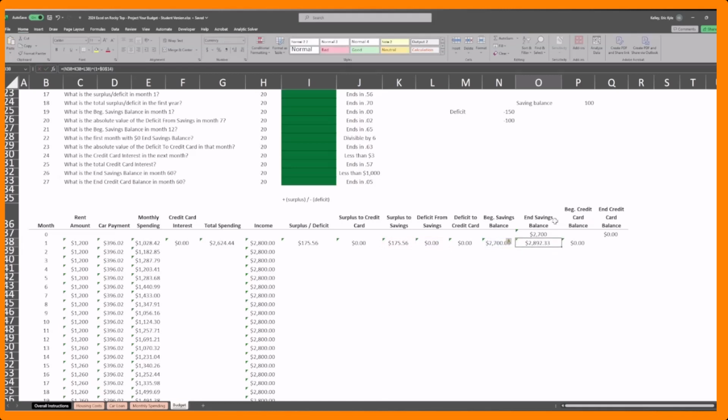Now I'll earn interest on the beginning balance and flows. Now we need to update the credit card balance. Since we have included credit card interest over here in our total spending, we've already accounted for that. And so all we need to do to update the end credit card balance is to take the beginning balance,